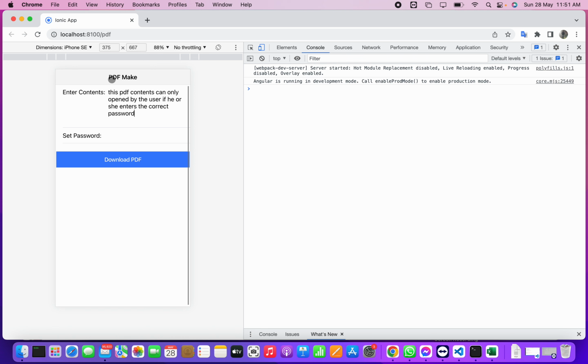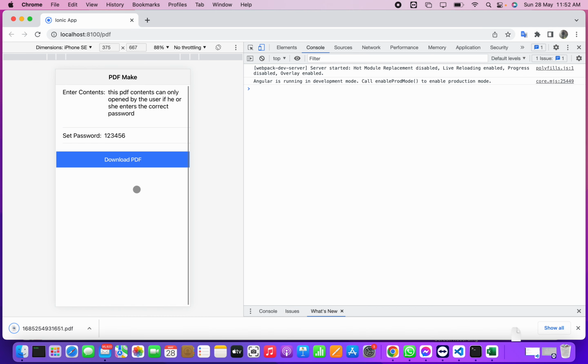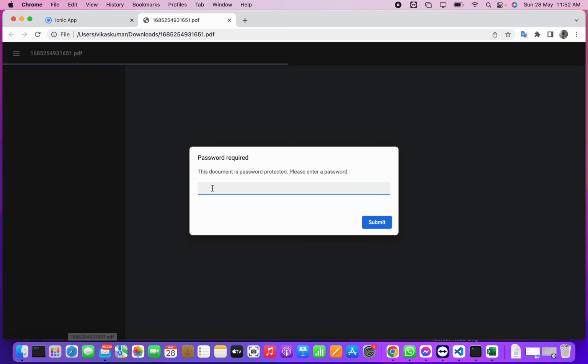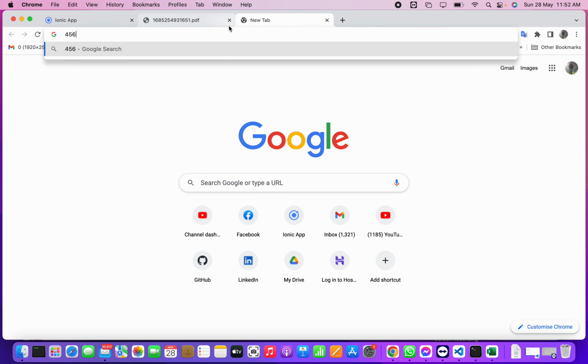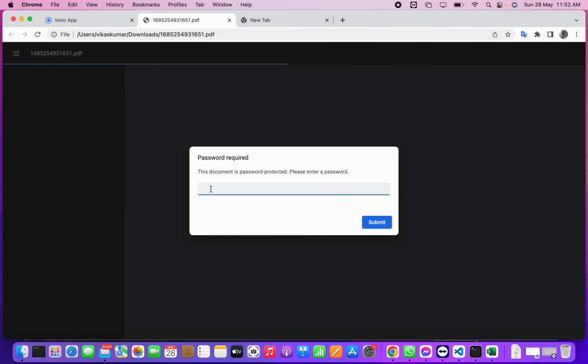So the content of this PDF can only be opened by the user if he or she enters the correct password. So let's set the password of this PDF to 123456, and let's download the PDF. So we downloaded the PDF, and when we opened it, it asked for the password. So if we enter something different like 456, just copy this and try to paste here, and you can see